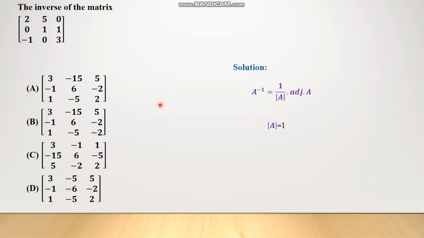Now I have to see some other elements to get the answer. Now observe A and C. Check for the different elements. As you can see, it has minus 15 here but minus 1 here. So if I check for this element, I will get the answer. As you know, adjoint is the transpose of the cofactor matrix. So if I want to see this element, I have to go column wise to get the rows. So I have to check the cofactor for the element 0. So I have to delete the first column and second row.